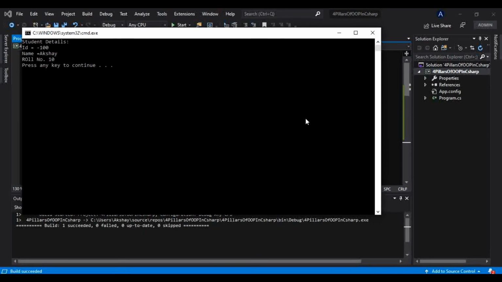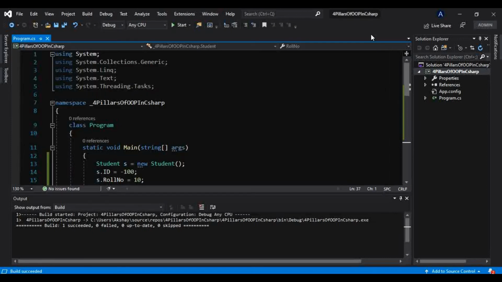now you might be wondering that even after using properties, let's say we have overcome one flaw. What was that flaw? By making these fields private, we are exposing them to the user with this public property. So our fields are secure, but still the user can enter this -100 here.